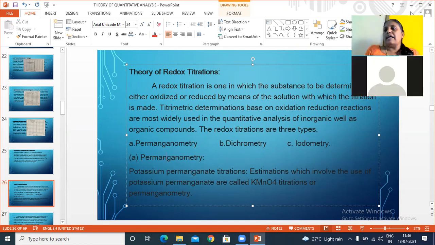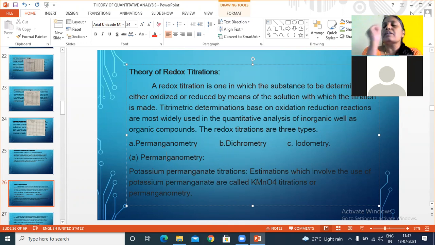Both oxidation and reduction reactions have to take place simultaneously in any chemical reaction, and that is a redox. From reduction, we take three terms, RED. From oxidation, once again, we take two terms, that is OX. If you combine that, it becomes redox titration. So in any redox titration, both oxidation and reduction take place simultaneously.